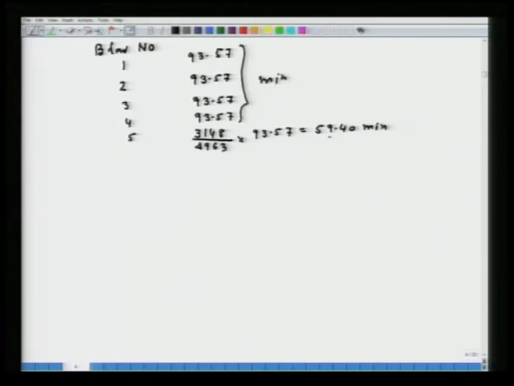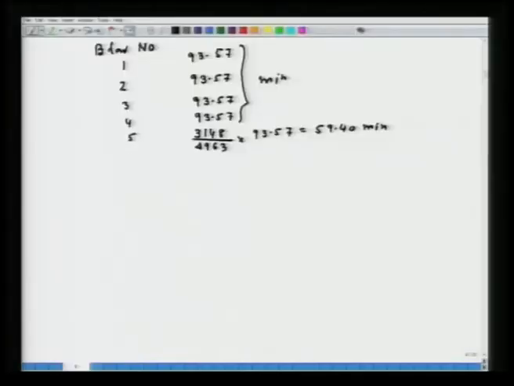Now, the fifth blow will comprise 59.40 minutes as compared to all other 4 blows, which consist of 93.57, because you have to remove less amount of FeS. So, that is the total. If you sum it, you get the total amount. Now, the blister copper,